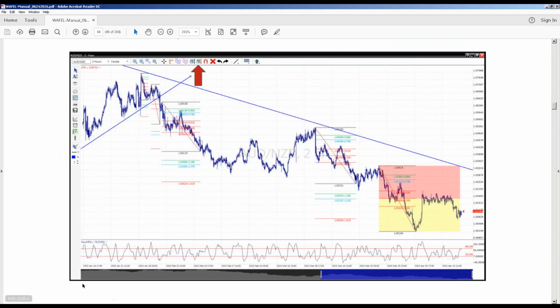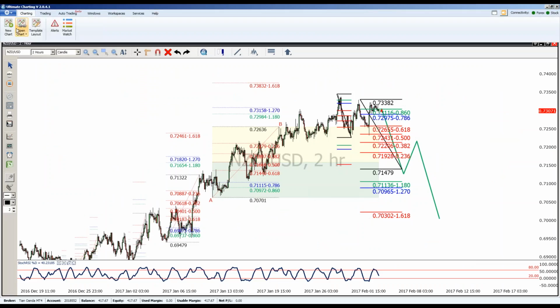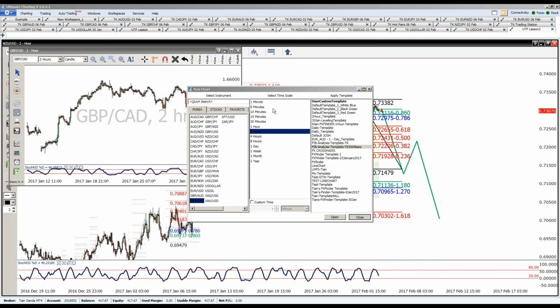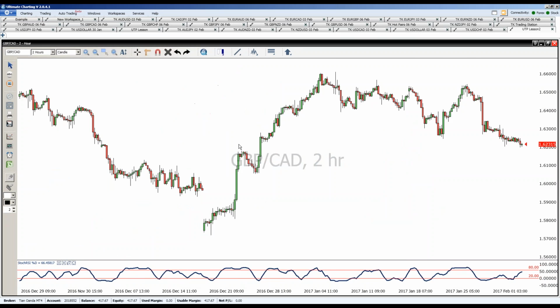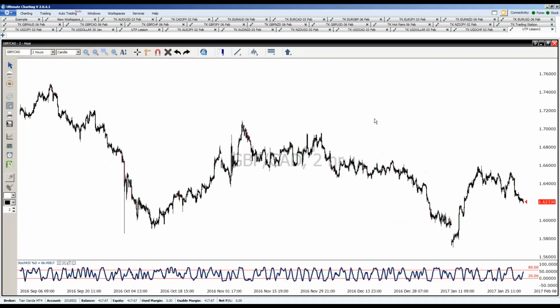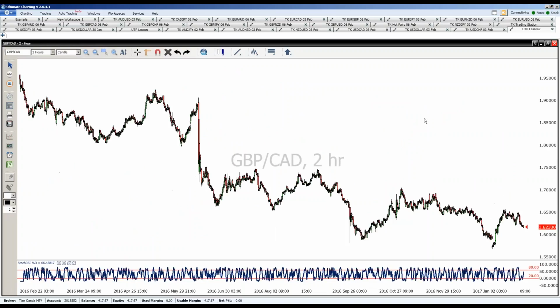Okay, so first step, open up your new chart. Let's take any chart. Let's take the pound Canadian. I can open up a 2-hour and compress the chart and ask yourself, what is the direction of the most current trend? Is the market in a downtrend or is it in an uptrend? If the market is in a downtrend, start your Fibonacci's at the high